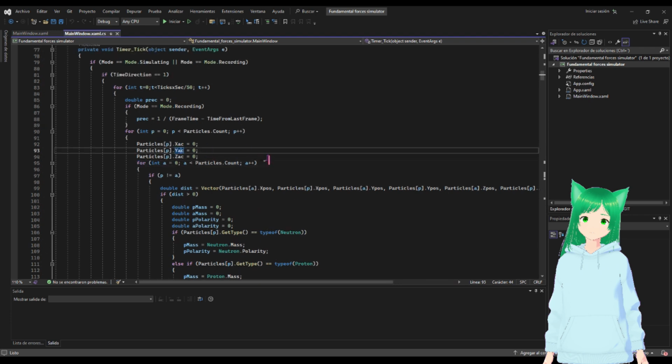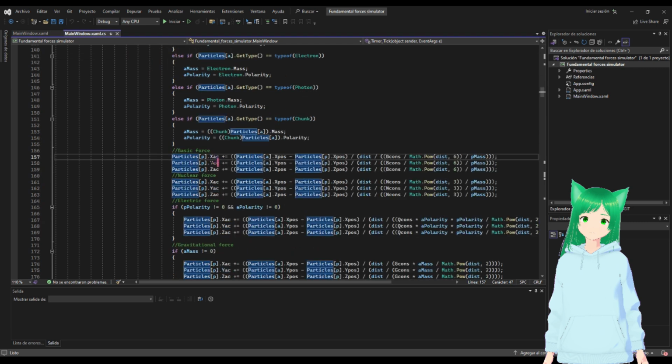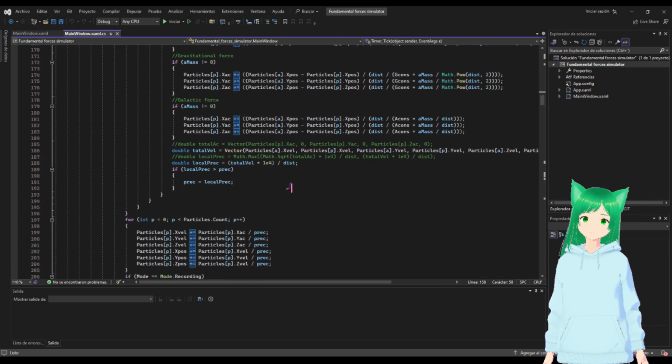The first time it will just calculate the acceleration, and then the other time I have to change it a bit so it calculates the precision that it needs, so it doesn't lose precision on the simulation. This is pretty hard to explain. Anyway,